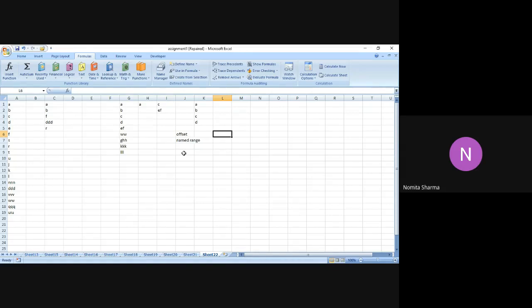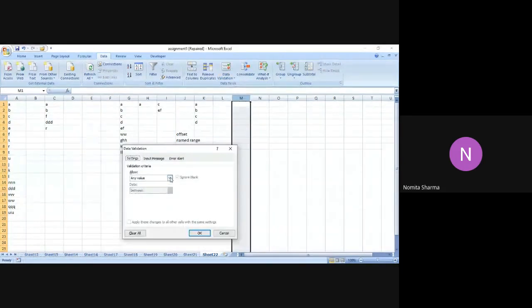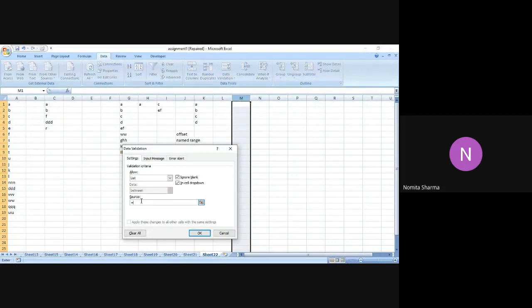Now the third step is I'm going to use the data validation step. For this, I will simply select any row where I want to enter the data for the data validation criteria. I'm simply going to go to the Data option, and in the Data option, I'm going to go to data validation. In the Allow list, you select List. And in the Source, please remember, I have to simply give the name of the range which I've just defined in the named range.